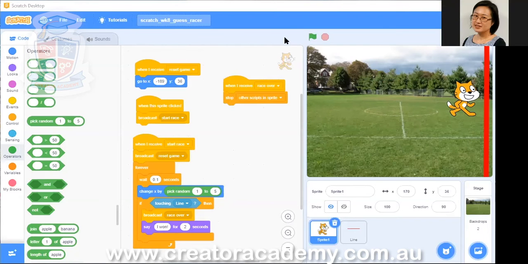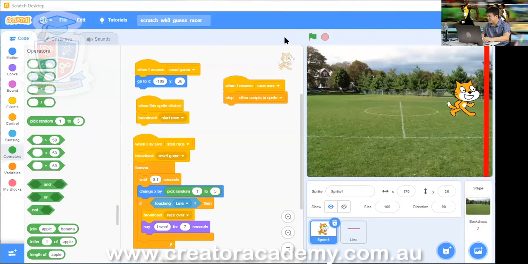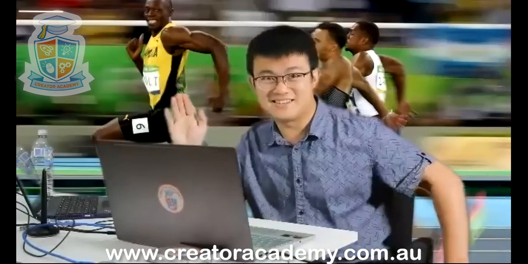Oh, fantastic. Well, now we are going to add some animation to the cat, because one of the things is that the cat right now is looking like it's frozen, right? It's just moving and it's frozen. But now we want to make it look like it's moving his arms and legs a little bit. So how do we change it so that it moves his arms and legs a little bit? We're going to look at his costumes, okay? So let's have a look at our costumes.